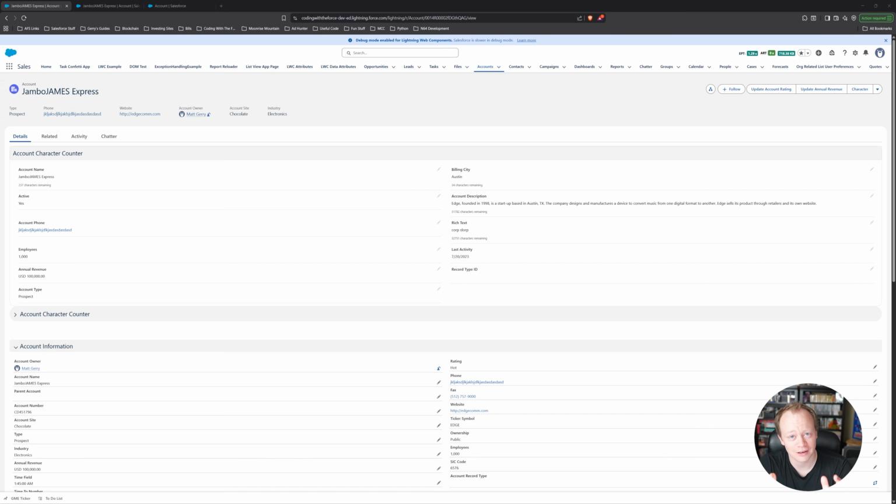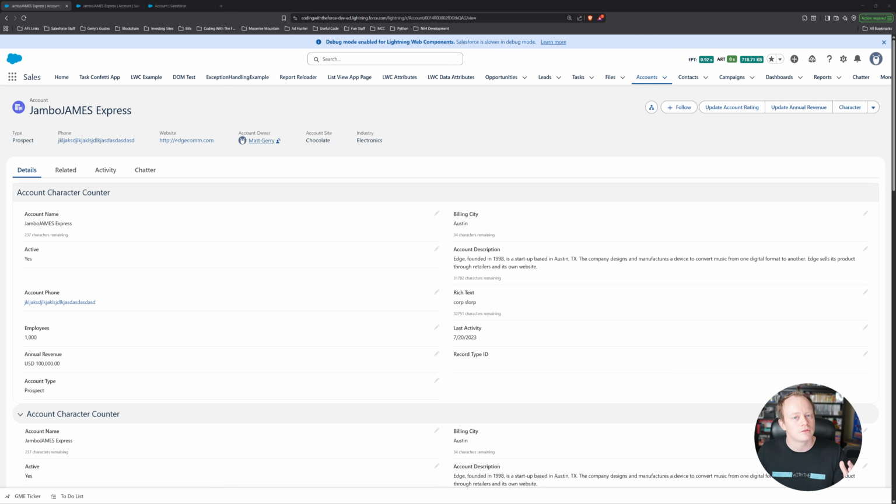We'll start by just figuring out what LWCs are, what Lightning Web Components are, and why you would choose to use them. But before we get into all things related to Lightning Web Components,